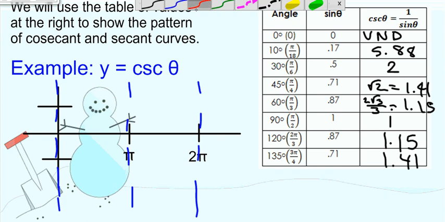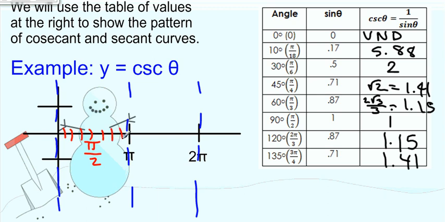Okay, and then I'm going to split my pi for my one rotation here. Pi over 2 is in the middle, and then we have our 3 unit circle values on either side. Okay, and then I'm going to bring my bar up here to 2, because we actually do have a value that goes to 2. So at pi over 6, we start at 2, so I'm going to put a dot there. And then at pi over 4, we're at 1.4, which is just below halfway. And at pi over 3, at 1.15, so right above,